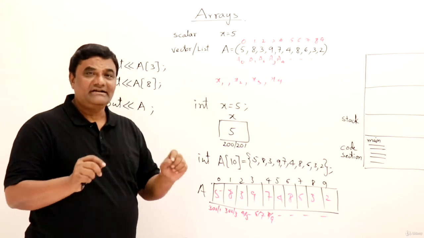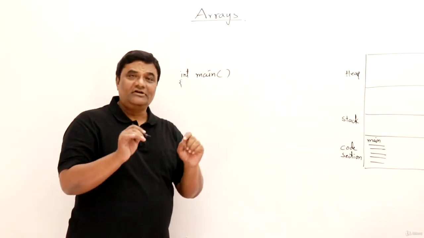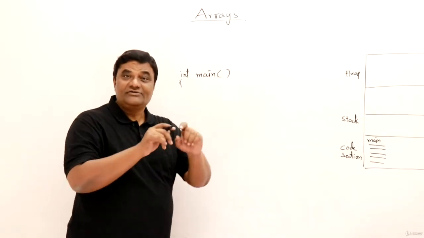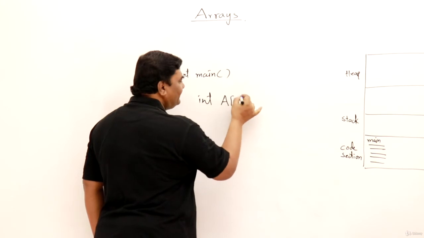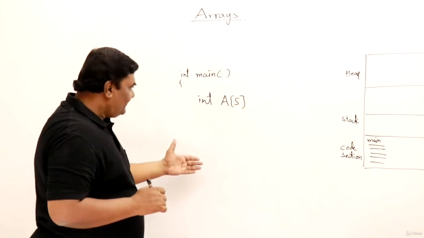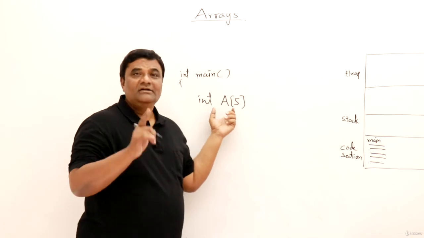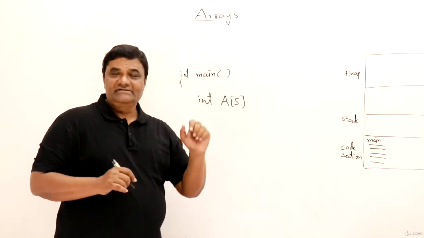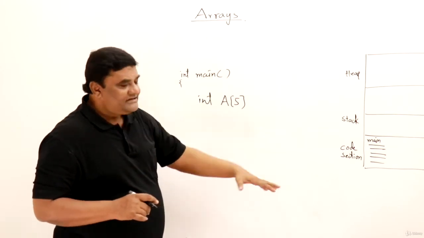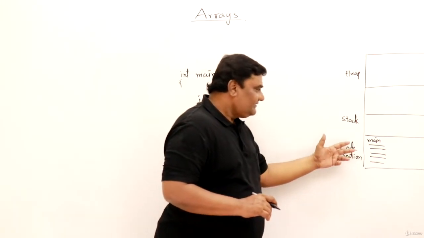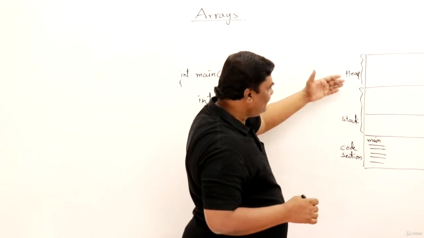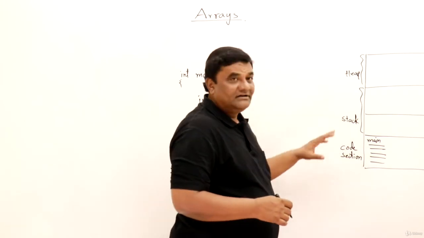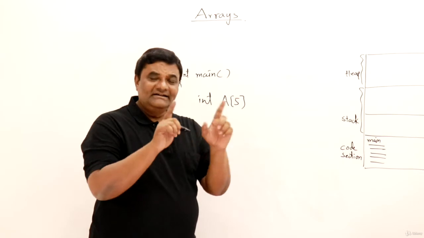Let us see how to access an array. So for that I will write down freshly. Now I have taken main function. So first of all, let me create an array. So for that I should declare an array. Integer A of, I am taking a small size array, that is 5. So when you run the program, it will consume memory. So if you look at the picture, we have already discussed once in a video that memory is divided into 3 sections. This is a code section and this is a stack and this is heap. Actually stack will be here and the heap will be here, but I am showing stack just above the code section, so that it's easy to see things clearly.